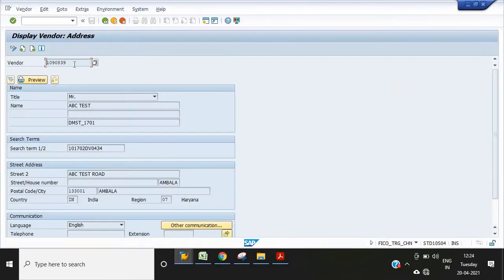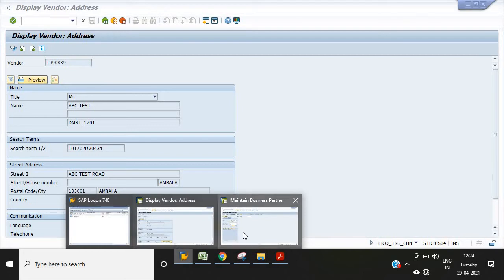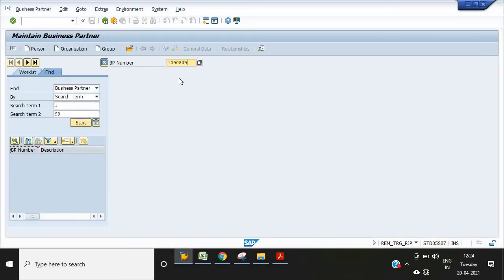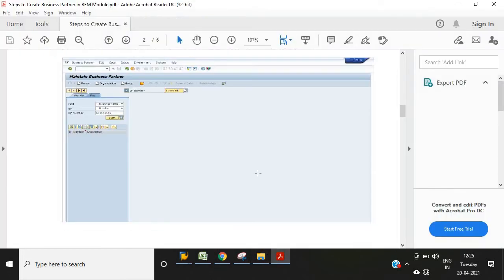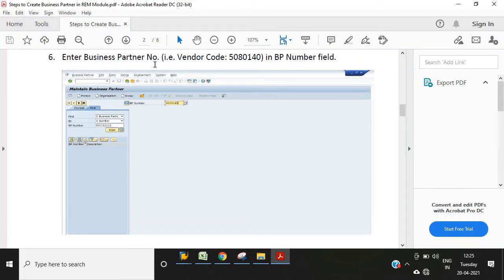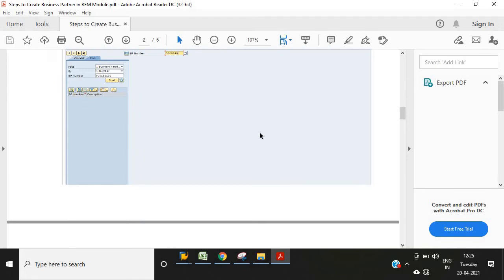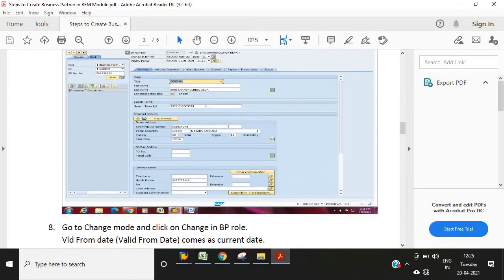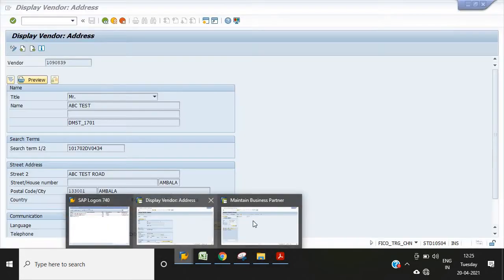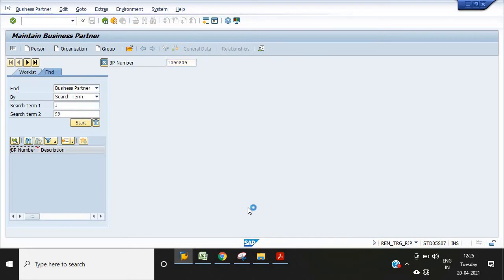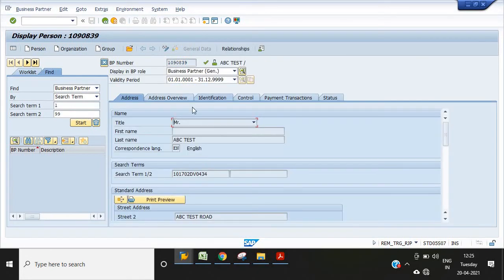The vendor number is the same as the BP number in SAP. So enter the business partner number in the BP number field and press enter. Once you press enter, all the fields will be displayed as per the FICO module vendor master data.